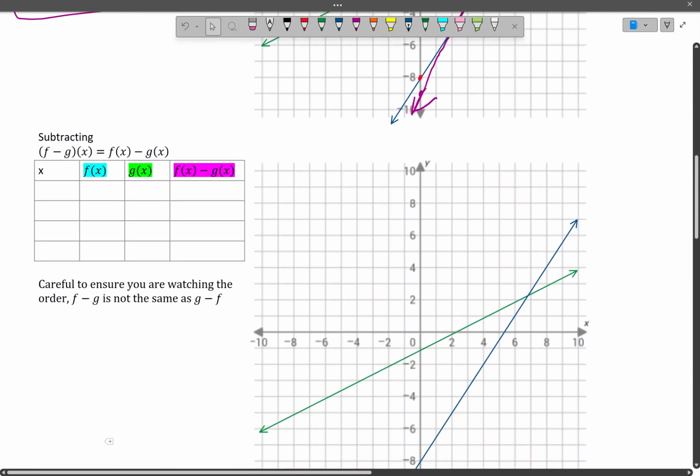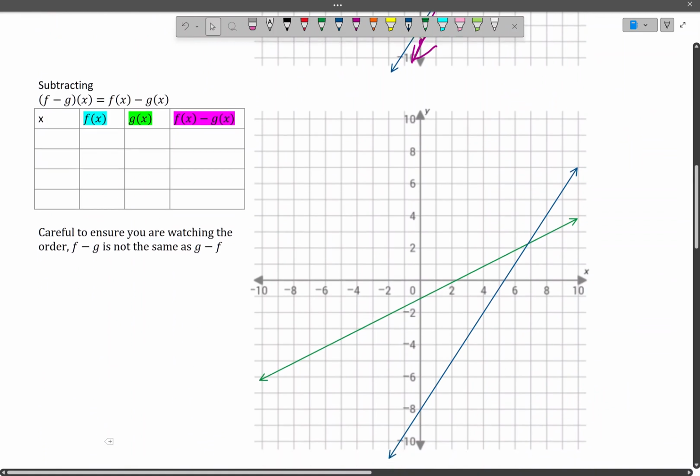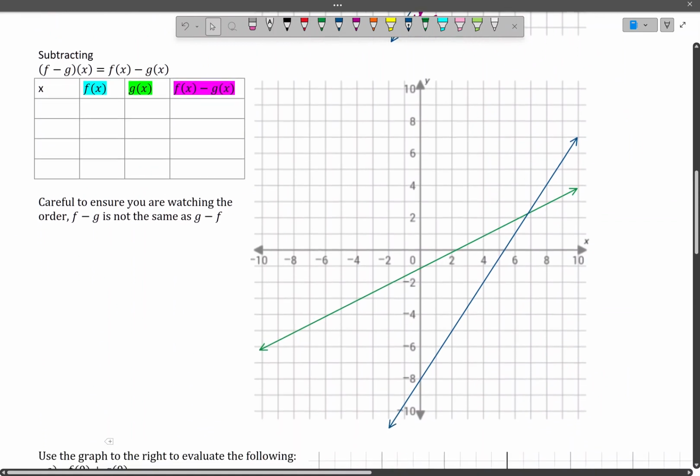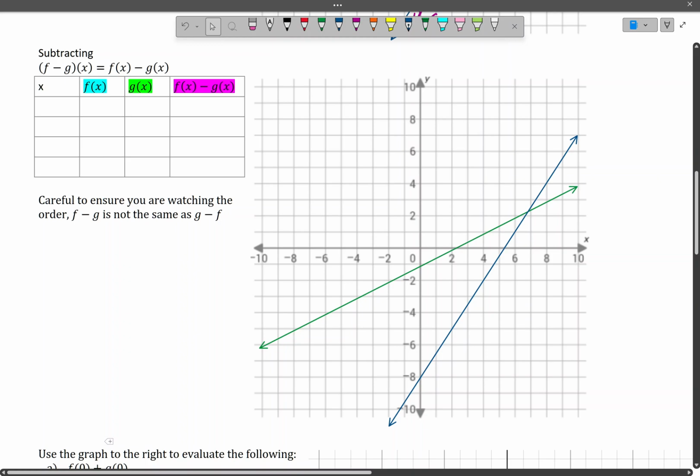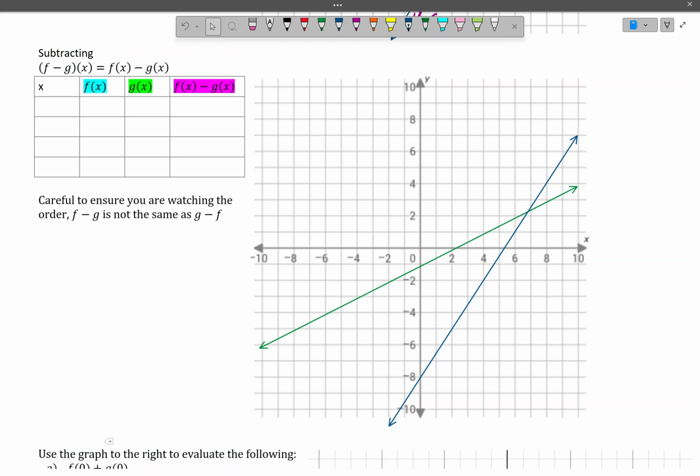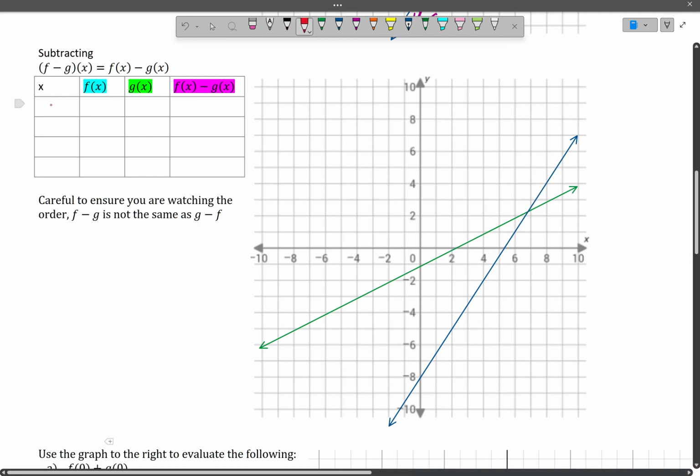Okay, so a graphing calculator could be helpful here for some questions, depending on if you have an equation. Let's take a look at another one. Let's look at subtracting. So again, we're going to pick some nice points. Actually, we're going to pick the same points as we did before, which I believe was